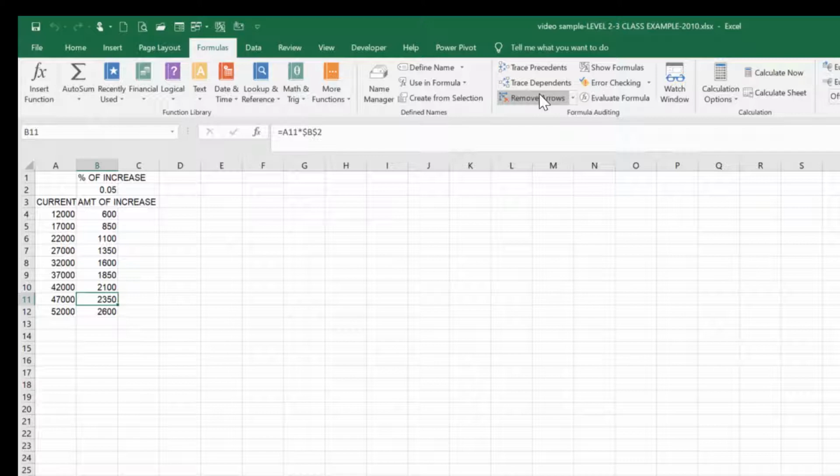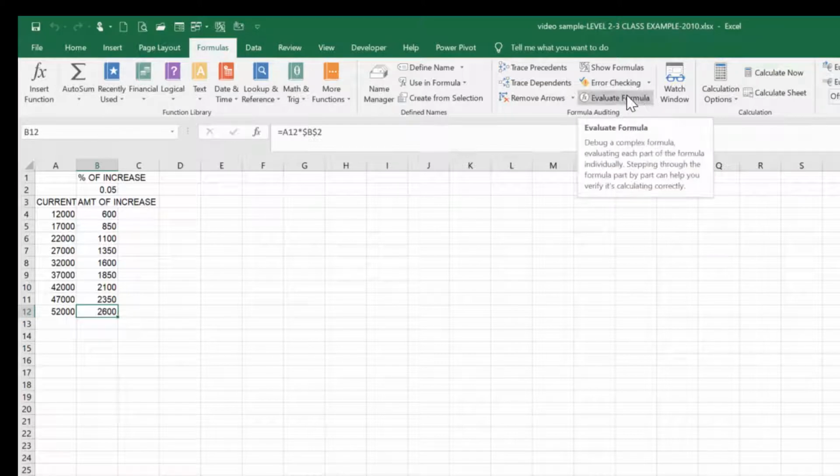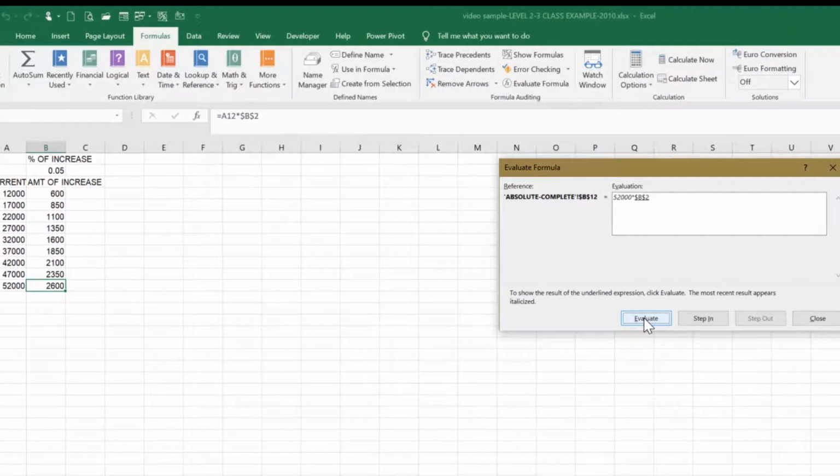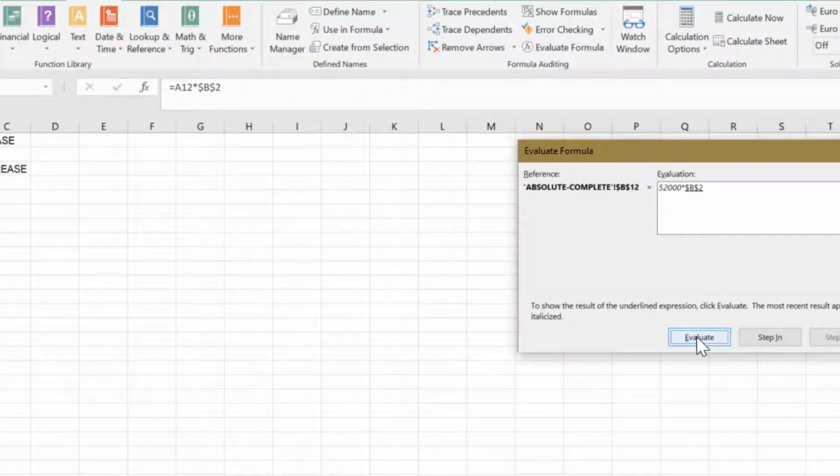A third way is trying to evaluate the formula that you're in. Once again, we're staying on this Formulas tab, and we have the Evaluate Formula option. When I turn that on, it shows me A12 times B2. If I click on this Evaluate button, it takes each part of the formula that's underlined, and it shows you what the resulting number will be. So that will be 52,000, and then it's going to multiply it times B2, which is 0.05,